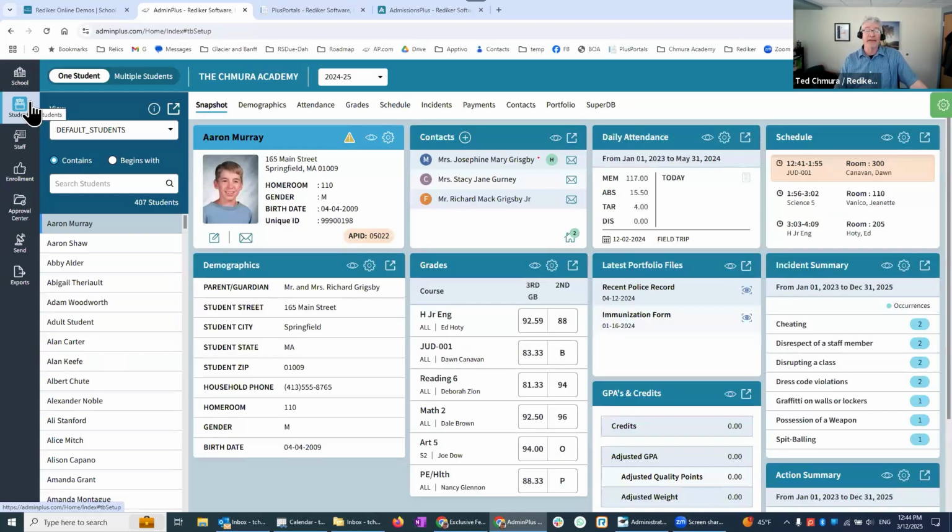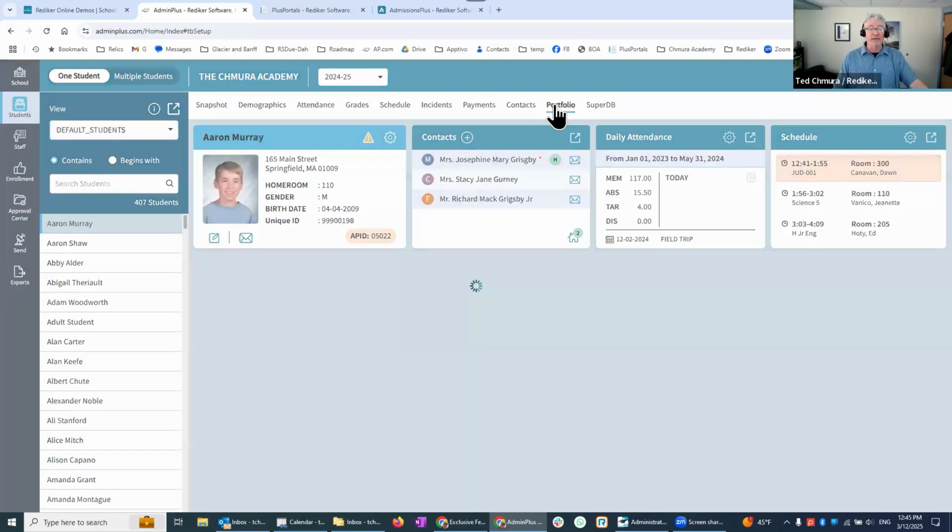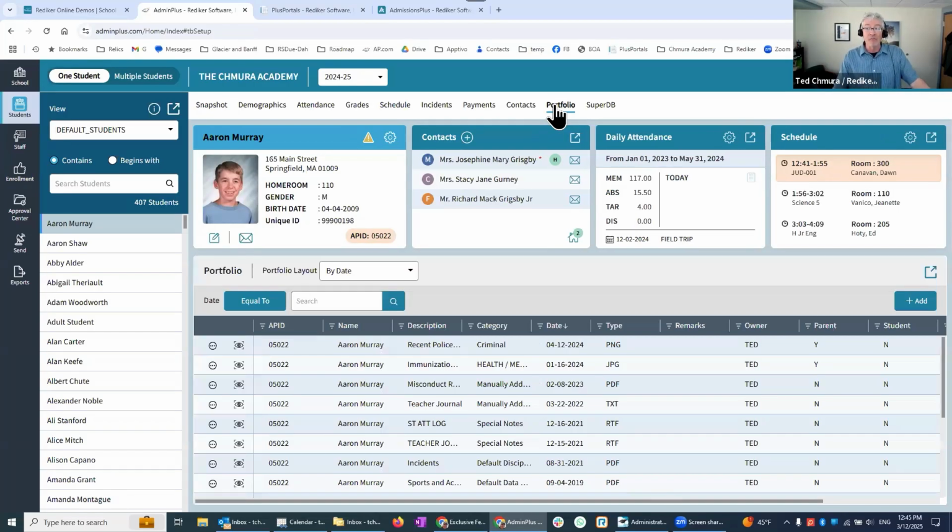Another way to streamline things is, once you're in Admin Plus Classic, it's certainly not a big deal to navigate to a student record and navigate to their portfolio. But